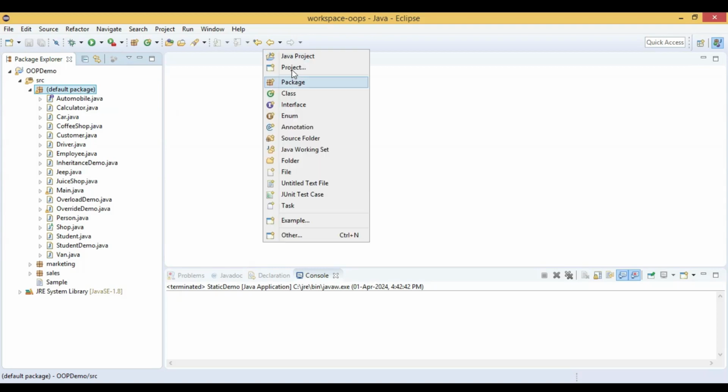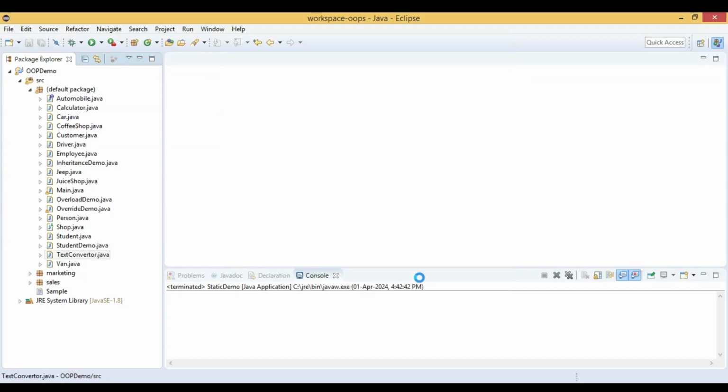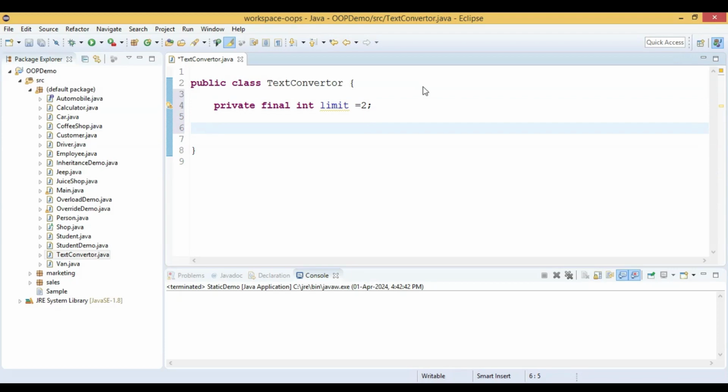Let us create a class called TextConverter. Inside this class, prepare a final variable. So it will be a private final int limit equal to 2. Okay. So let us have a method